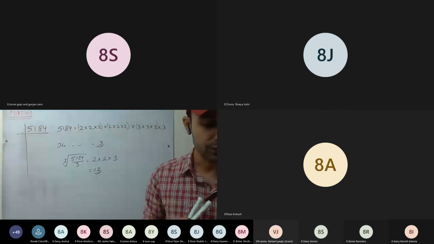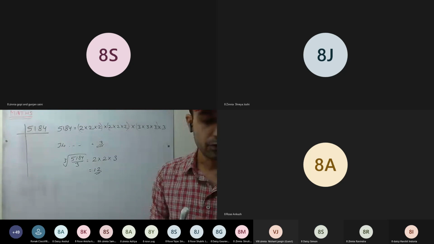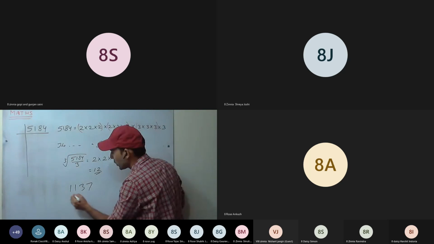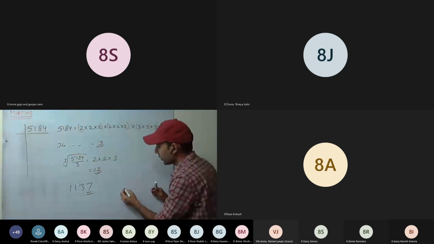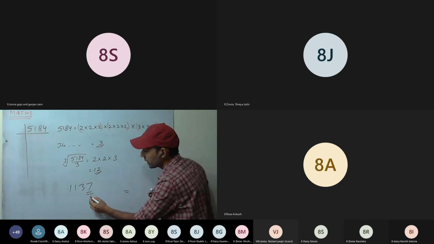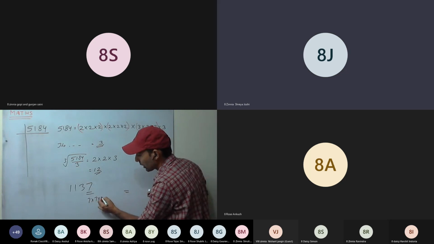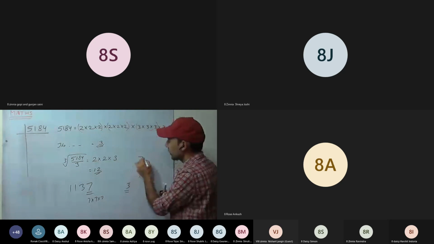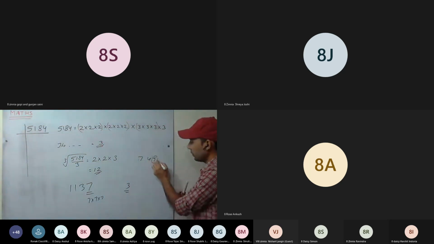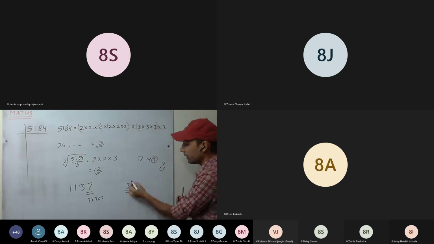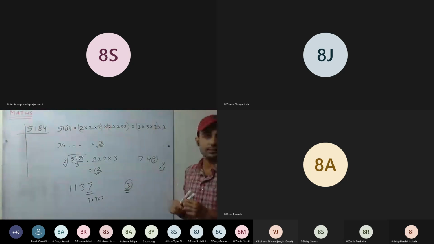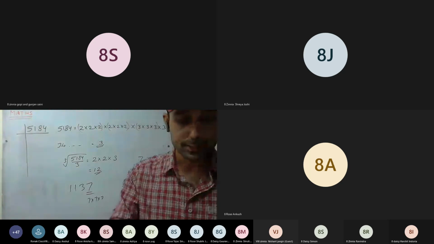Now see here, 7th question, first one. The unit digit in the cube of 1137. Unit digit only we have to calculate. What will be the unit digit in the cube of this one? That means 7 into 7 into 7. 7 into 7 is 49. Now 9 multiplied with 7, again you get 3. It will be 343, so only 3. You can easily see. So try to complete the exercise.